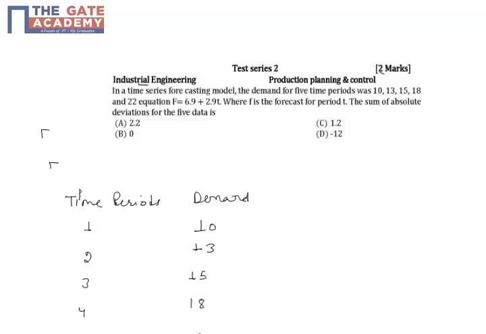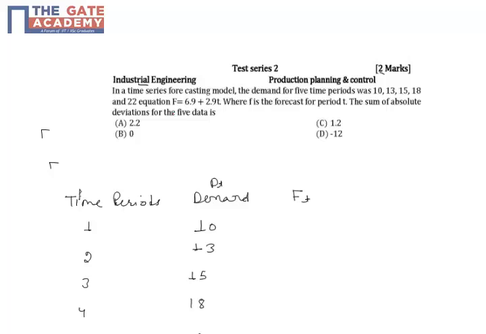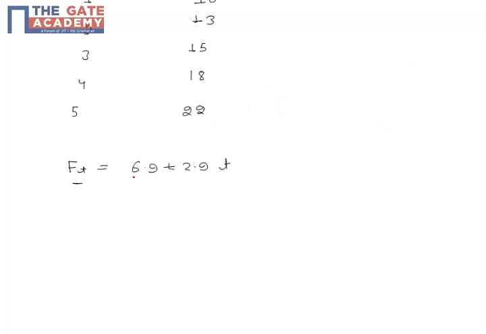Now it says Dt and Ft. How can we calculate Ft? He is saying that Ft is equal to 6.9 plus 2.9 t. It means it varies with the time. So for t equal to 1, Ft equal to 6.9 plus 2.9,